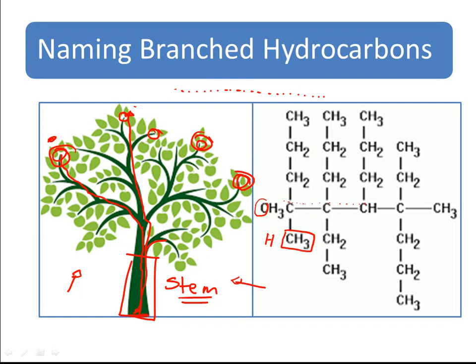Let's take a look at this here. It involves a bit of testing and checking which one you think is the longest chain. Or sometimes just by looking, you'll be able to say, well, this looks like the longest chain, but always double check by counting. For example, if I start from this carbon and I count horizontally straight like that, I've got 1, 2, 3, 4, 5, 6 carbons in this chain, right? And if I count in this direction, 1, 2, 3, 4, 5, 6, I've got 6 as well. And I've got 1, 2, 3, 4, 5, 6, 7. So this one is no longer the longest chain. It has been beaten by that one. And